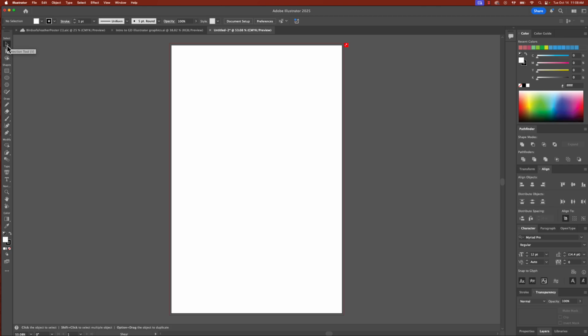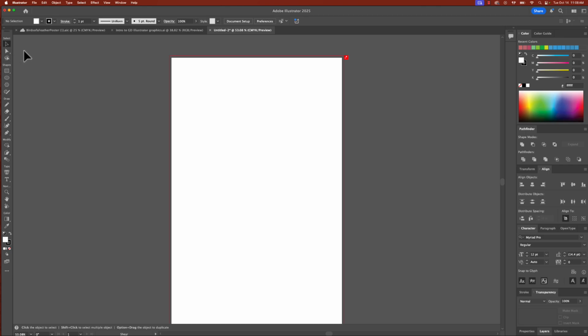If you hover over the tools, you can see there are key commands for the tools. So for the selection tool, V will get you over to the selection tool. The pen tool is P. The rectangle tool is M. So as I hit M, it takes me to the rectangle tool. V takes me to the selection tool, and P takes me to the pen tool. So my workflow becomes much quicker because I don't have to keep going back and reselecting those tools. If you don't see those